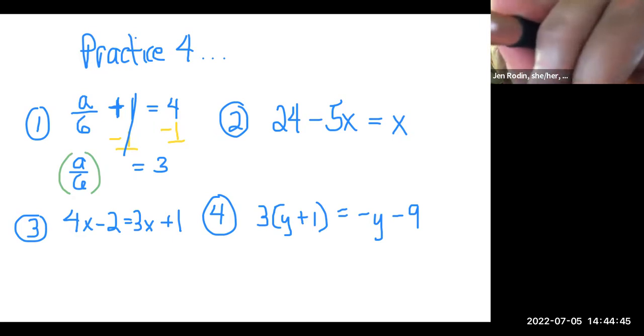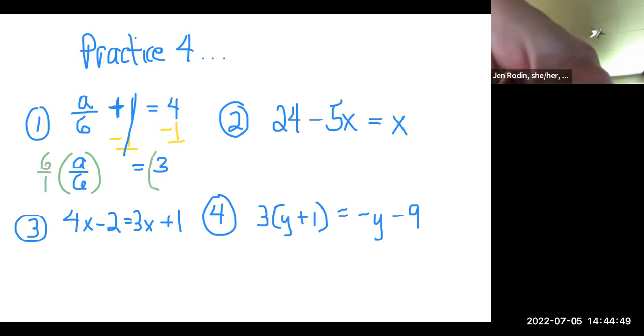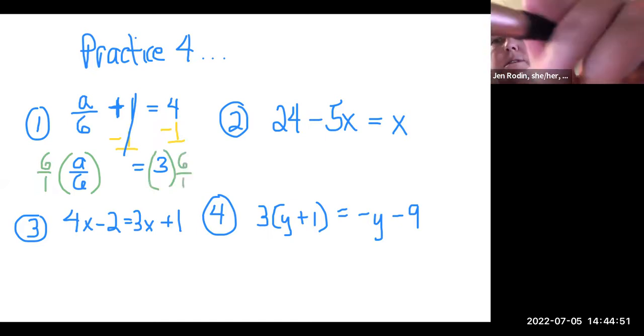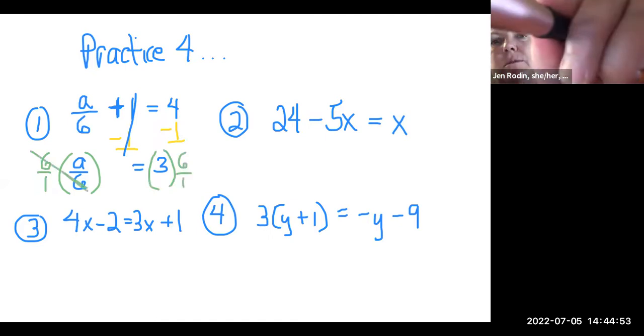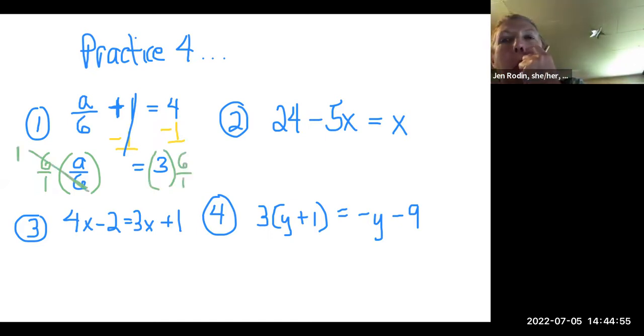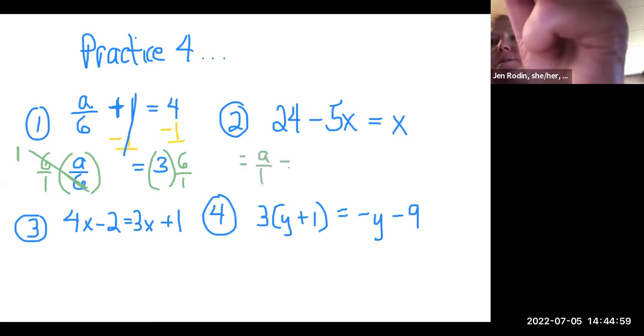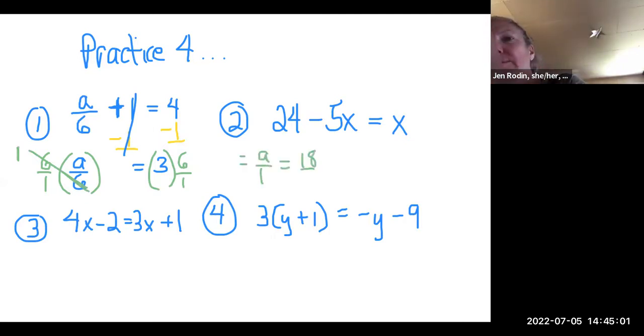Or you can undo division by multiplying. That's another way to look at it, on both sides. That'll cancel out to 1. So you end up with a over 1 equals 18 over 1. So a equals 18